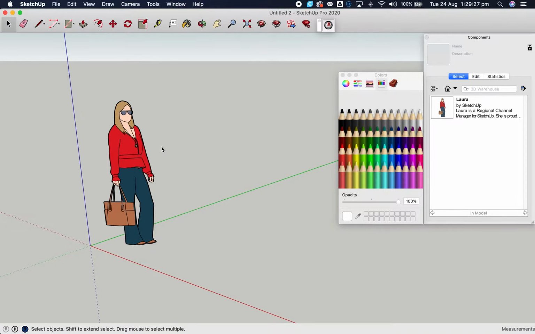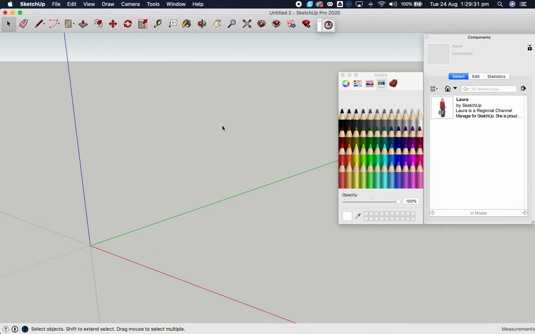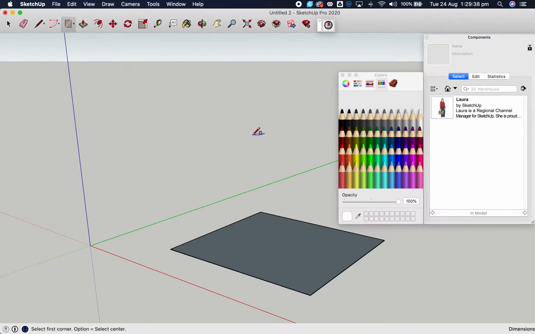So first of all, obviously, you need to get rid of Laura. So this is in this version of SketchUp. And I'm just going to draw some basic shapes and show you some workarounds. So obviously you know how to draw a basic structure. Okay, you've got your slab,